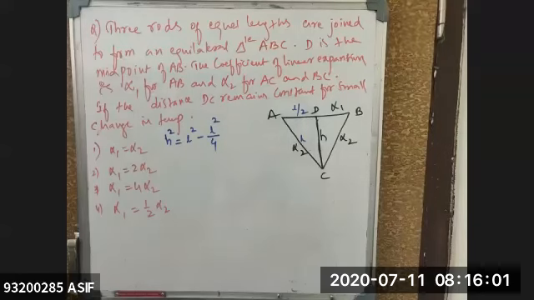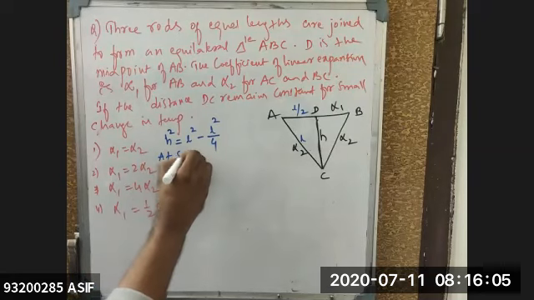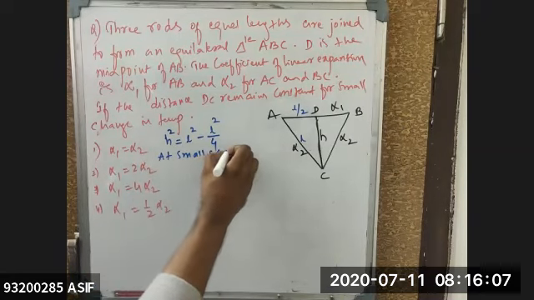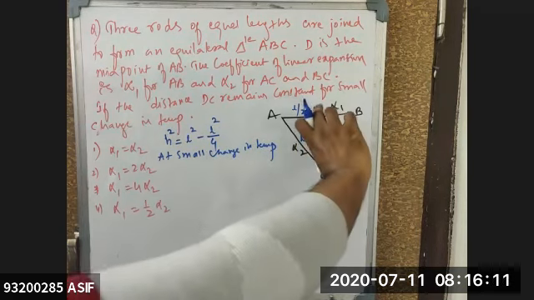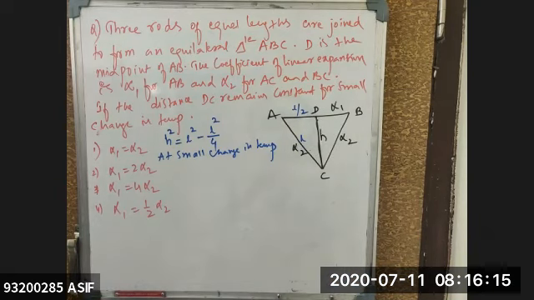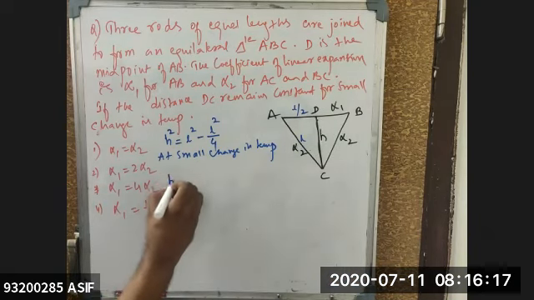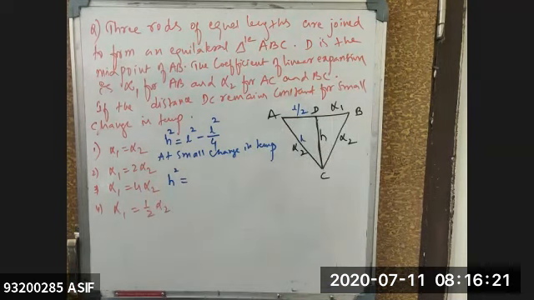Yes, sir. Isn't it? As the change in temperature is very, very small. So at a small change in temperature, this DC is remaining the same. That means it is not going to change. That means H square will be equal to how much? H square is not going to change, but this one and this one are going to expand. So can I write L in terms of your expansion, beta?